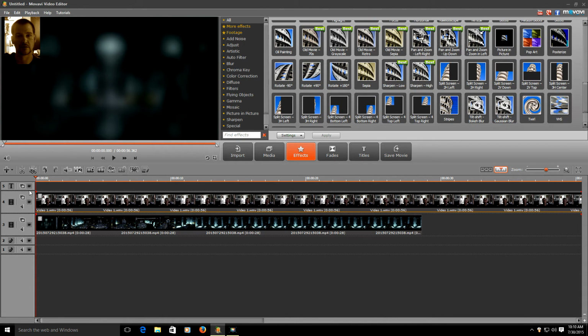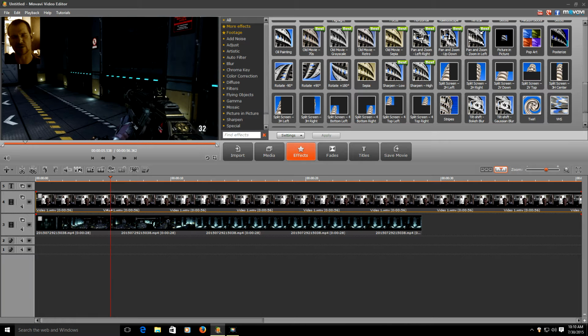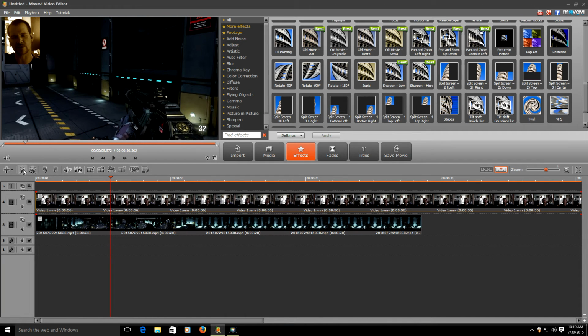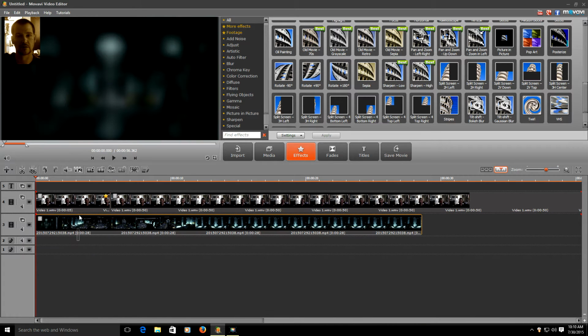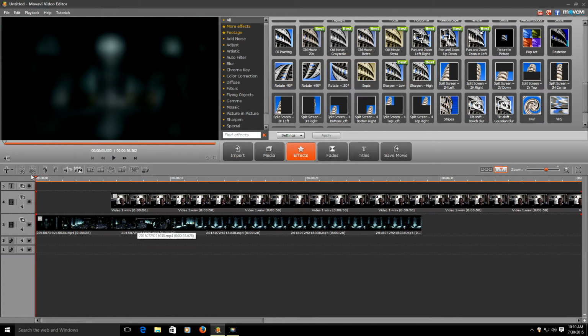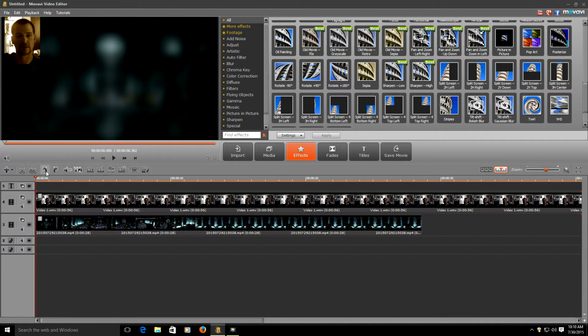Now say that I want to crop some of it or trim some of this out, so I'll just bring it to wherever I want to trim and click the cutting split. And then if I want to delete that, then I just delete that. See, and if I say, oh, I messed up, go ahead, hit the redo button, and it brings it right back. You can click that as many times as you can, as long as you don't